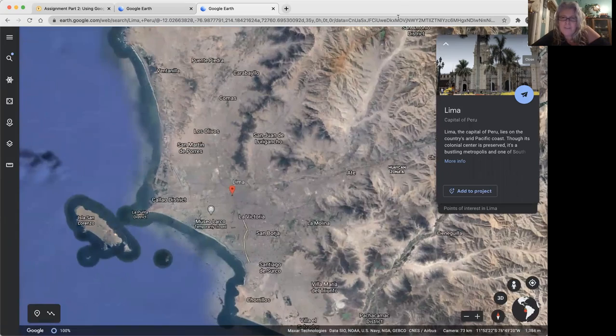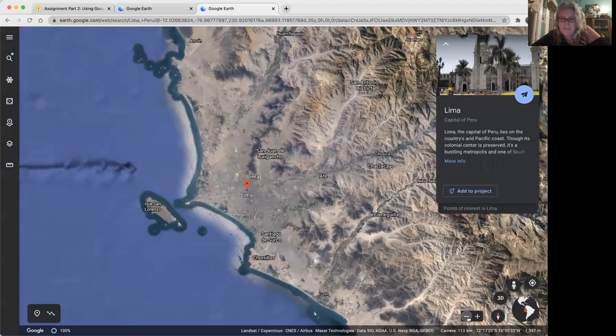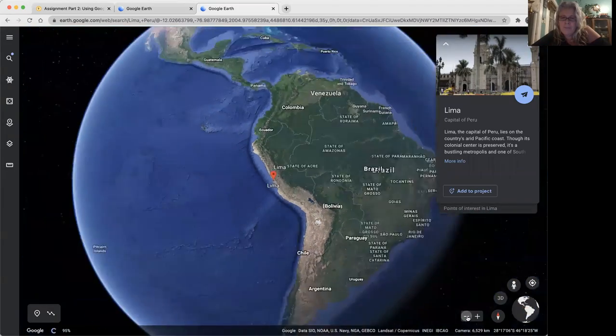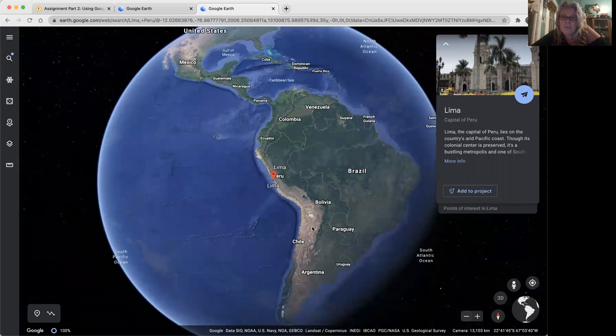Again, here, let's zoom out. Did you see that? The Amazon? Look at how green it is. The world's driest desert is located here. And you have a massive mountain range here, huge mountains, and the Amazon, all green, fertile land.